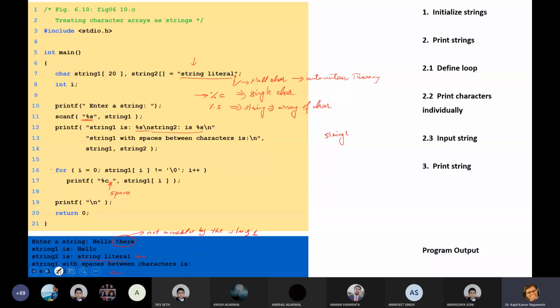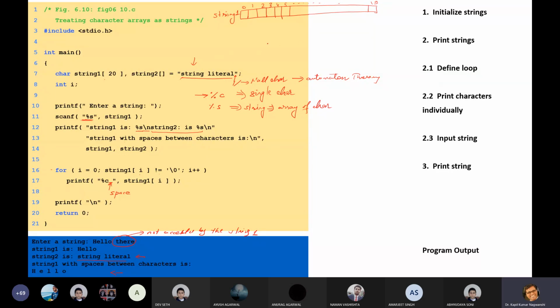Okay, this space is not very good. So let me create above this. String 1. This is our string 1. Okay. So it will start from 0, 1, 2, 3, 4, 5, up to 19.